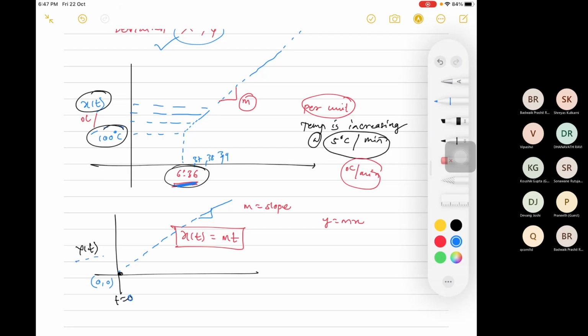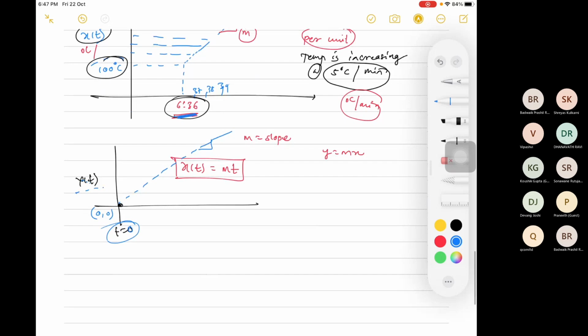capital X of t का initial value is 0 and time is 0 at that point. So here can you please tell me, अगर तुम्हें understanding हो गया सब कुछ, if you understand everything, what is initial value of deviation variable? Zero. Okay, so please keep in mind deviation variable का initial value is always 0, right?